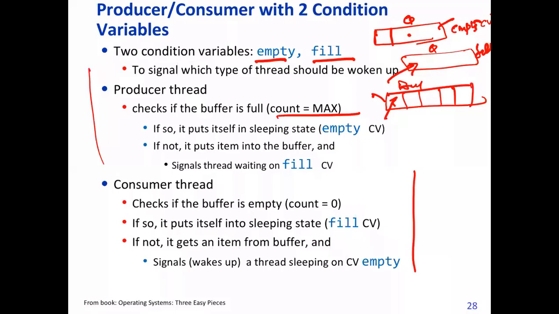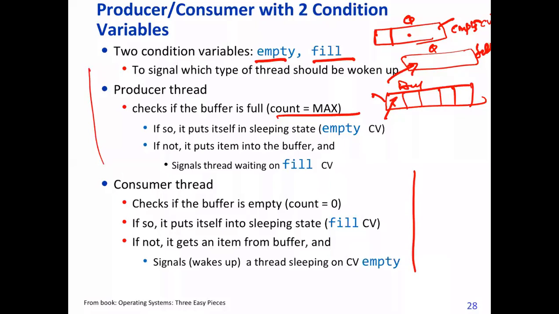Similarly, a reverse process is that when the consumer wants to read or take something from the buffer, and the buffer is empty, then it will put itself to sleep. And if the buffer is non-empty, then it will take the item from the buffer and then inform the producer that it has taken something. Now one slot has become free. So that's the logic, and you can write a program based on this.